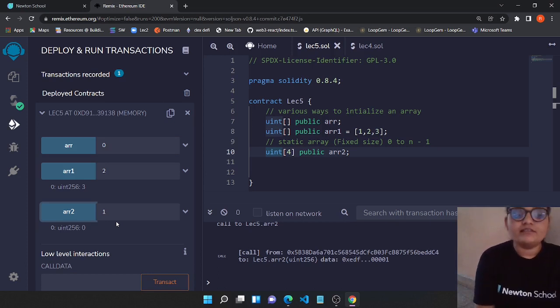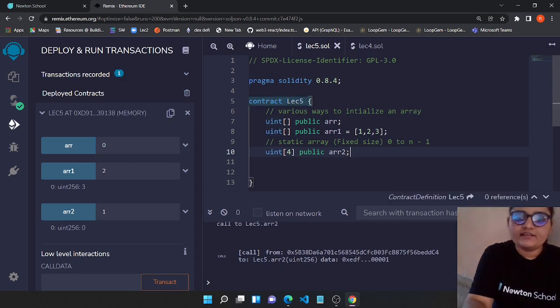and that's why we are having 0 over here for all the four indexes, 0, 1, 2, and 3. But in our previous example, in the ARR example, we didn't specify how much memory we want from the compiler, and that's why it didn't assign any values to us. Yeah, it didn't give any output. Instead of that, it reverted our whole process. So yeah, that was a bit about array initialization.